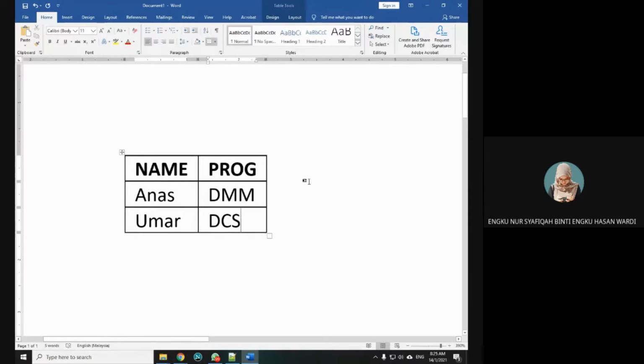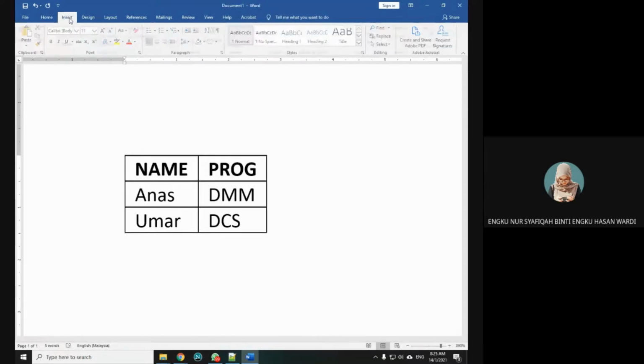Through this table, kita boleh tengok ada heading dan ada data lah. So this is what we call as table heading. Table heading ni subject lah, subject of the column ataupun subject of the row. Sebab heading ni dia ada dua jenis, either vertical heading atau horizontal heading. So this one is horizontal heading. Kalau yang vertical heading,